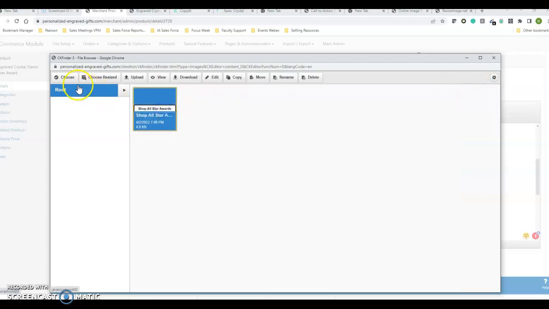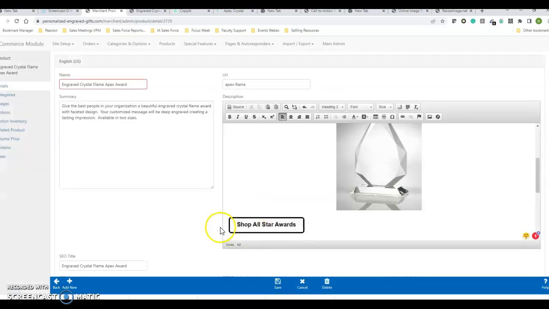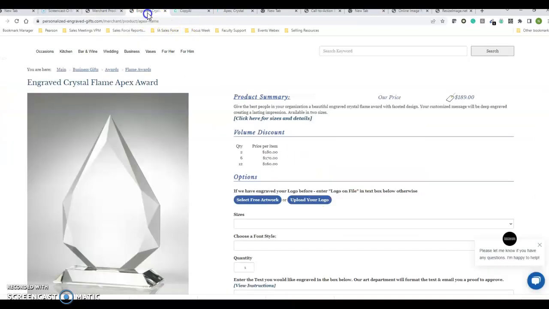there's my button. I'm going to choose that, get rid of this, and then this is just the Shop All-Star Awards button. Okay, same thing, center it. So this is, I think you've done this too, but now we just have to link these. So go to